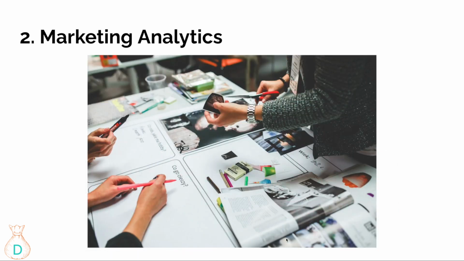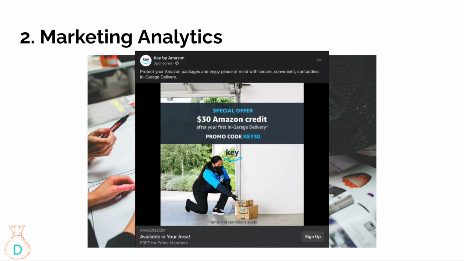So the second one is marketing analytics. You can focus on digital ads or physical ads or campaigns. This one is a physical ad, but then you might also need to look into a digital ad like this one that's displayed on Facebook, but it's sponsored by Amazon. And then you can see what goes into an ad, like the images, the button, and the wording in your campaign. And that will be how you focus on analyzing the marketing analytics.